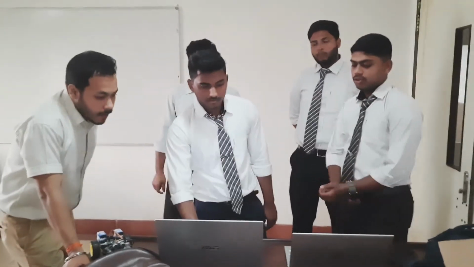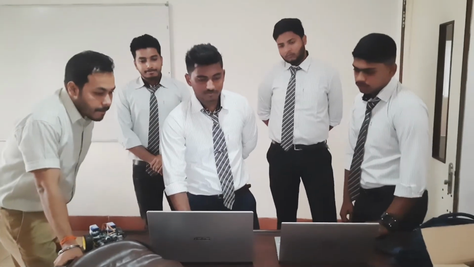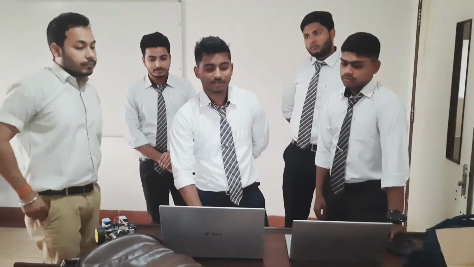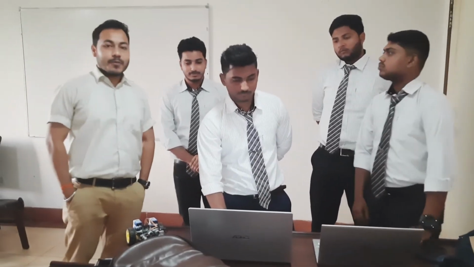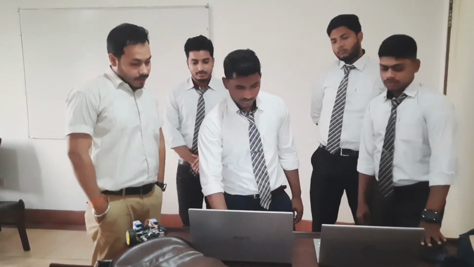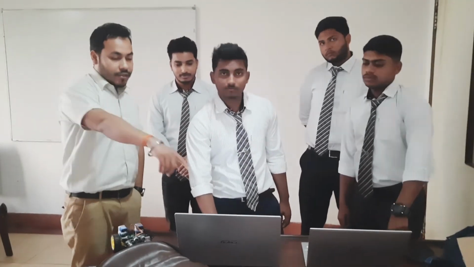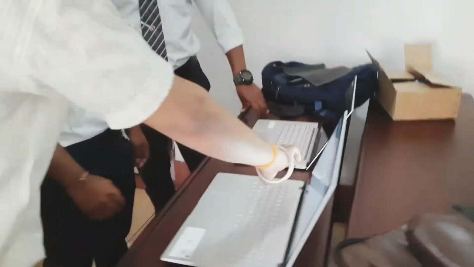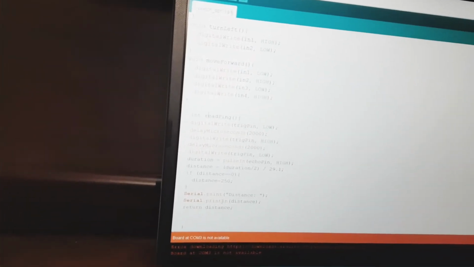And then if distance is less than 20 centimeters, then it will stop for a delay of 500 milliseconds and then turn left. Milliseconds, 10 to the minus 3, I hope you all got it. Okay, so these are all the functions. See, this function is very important. First one is move forward, because this is the main function, I think. This read ping function is used for calculating the distance of the obstacle from the robot.